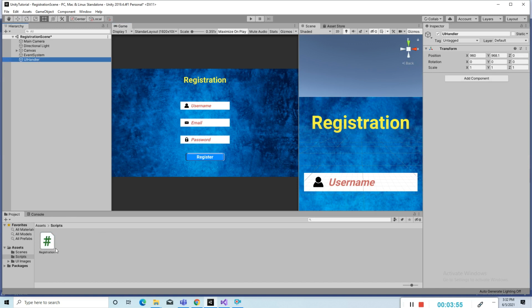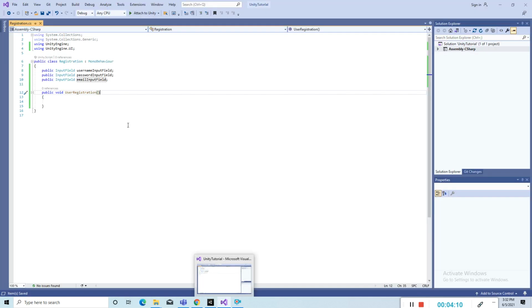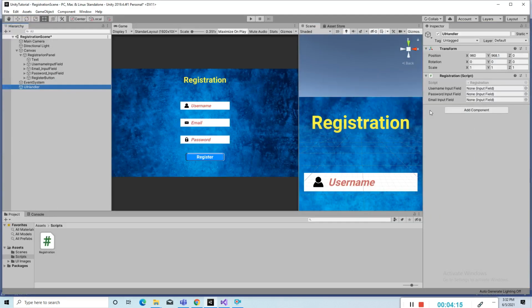I can attach this script to my game object UI handler, and now you see these public properties are visible here on this game object. I can assign all these input fields because I had taken the variables as InputField, so it will take only an input field type of game object. Here I assign this username into username, password into password field, and email into email.